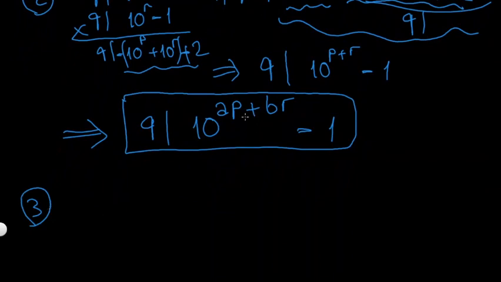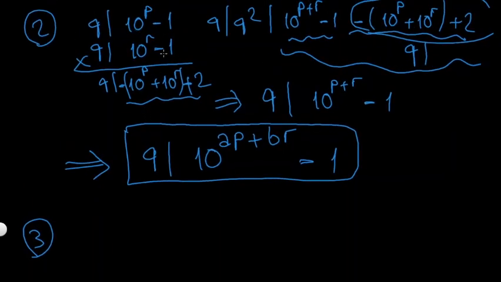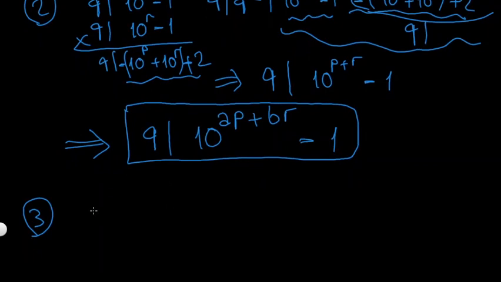It requires some time to think about it. Anyways, the last property I can think about is that I can just try to use the fact that q is a prime number. Okay, so I know that q divides 10^p - 1 and 10^r - 1. Well, then there is a number, I used a and b, let's say c,